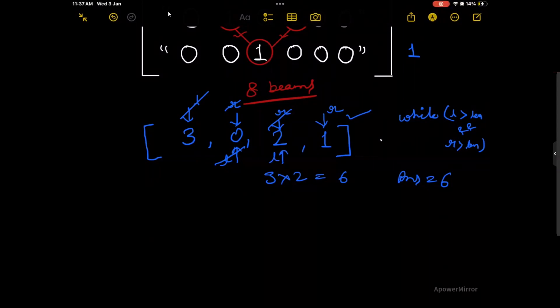Okay. My left is 2 and my right is 1. So they can be multiplied. So 2 cross 1 will be 2, and finally it will get added to the answer. So 8. Okay. After doing this multiplication, left will come here and